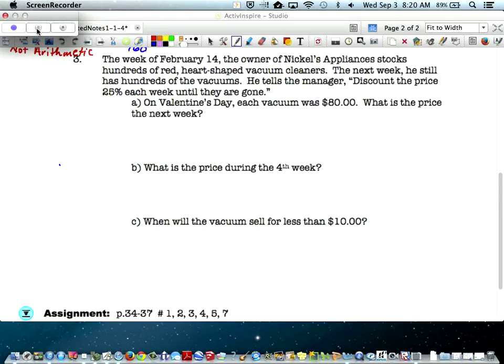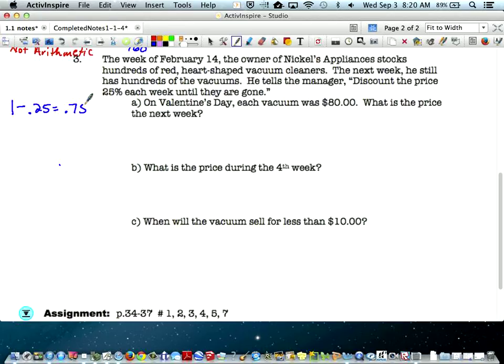right? Some of you will do what is 25% and then subtract that from the price. If it's a 25% discount, that's what some of you will do. I would ask you in this question, if they're discounting the price 25%, what percentage are you still paying? You're still paying 75%, right? So I might do 1 minus 0.25 in my head to get this 0.75 number. This is what you're still going to pay,